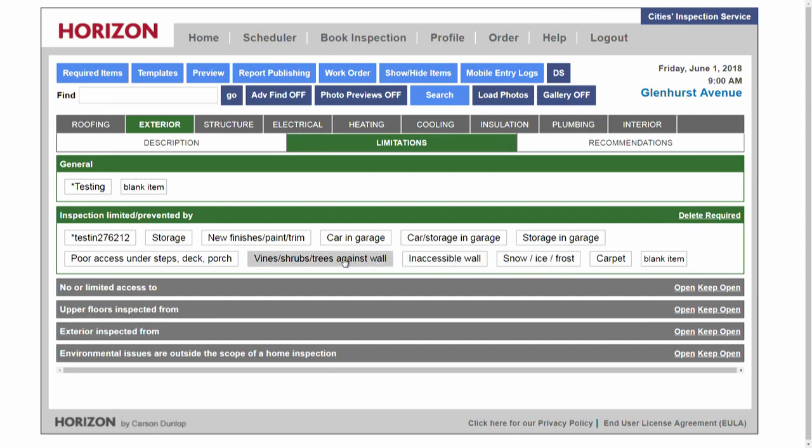Let's say the vines and shrubs were on the siding. That limitation is now going to go into the report as well. And I could also take a picture of those vines and shrubs to show somebody that I wasn't able to see that side of the home. So let's go back up